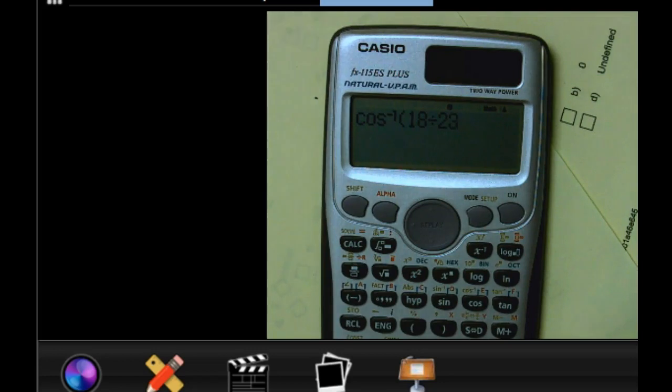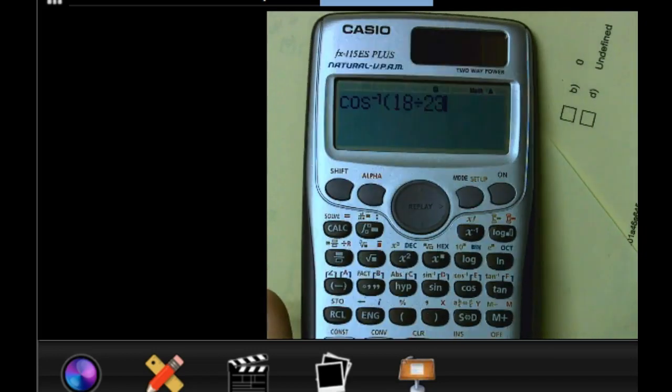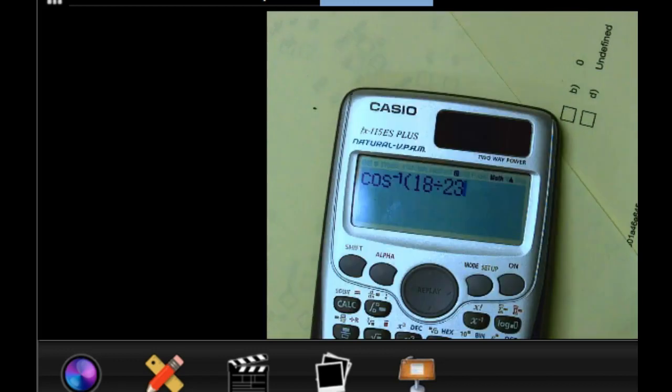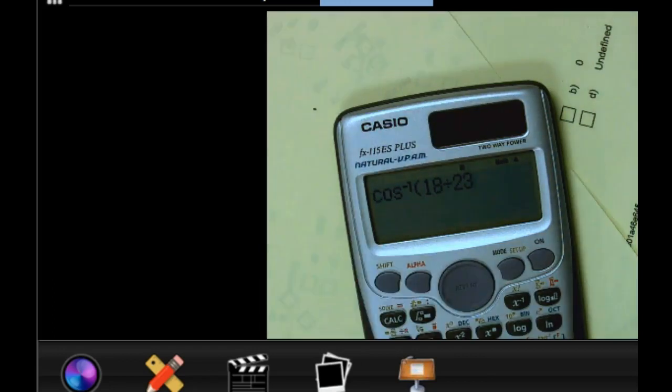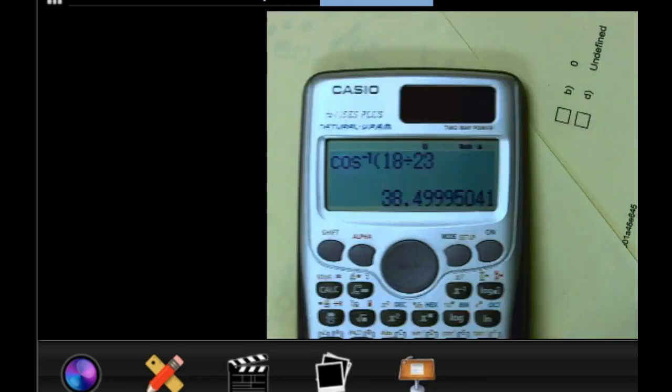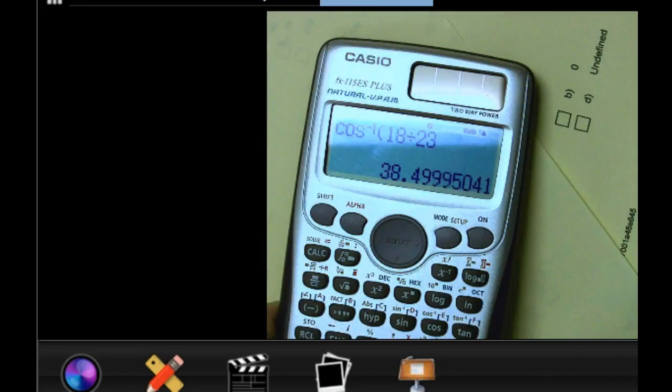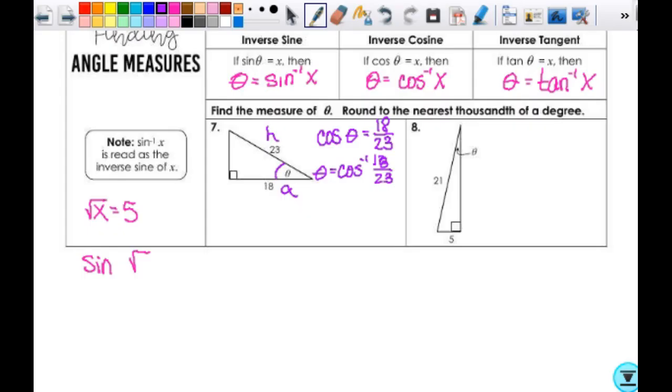And it's fine to put it in as divided by like that instead of like a fraction. I thought I finally fixed it where you could see it. I just can't, but that's fine. You get this decimal, right? So there you go. I'm going to figure that out one day. What you get in the calculator is, oh, I just cleared it off. I have it written down up here. I get